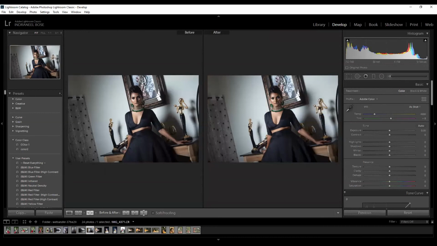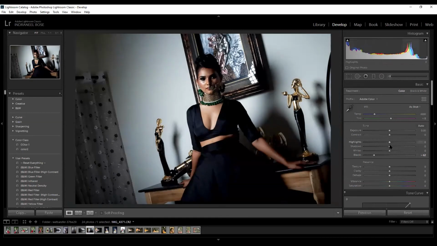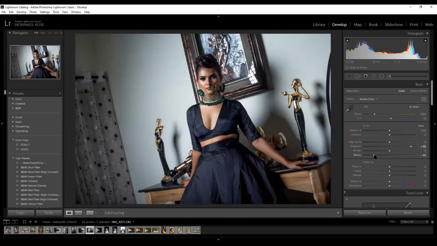And see, this is the benefit of masking work. And with the normal work, you can simply increase, pull the blacks a little, increase the shadows to remove the shadows from the image.